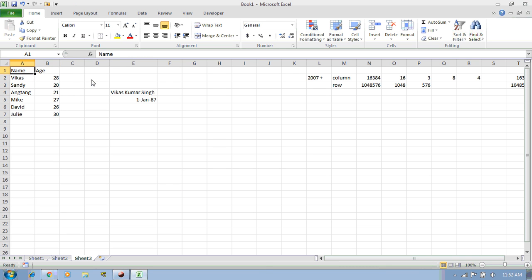Just for example, we are having records for 6 persons here with the name and the age. So just for example, you can scroll through the Excel.